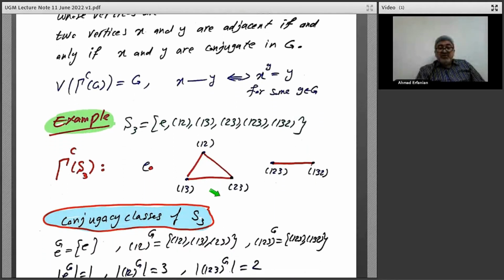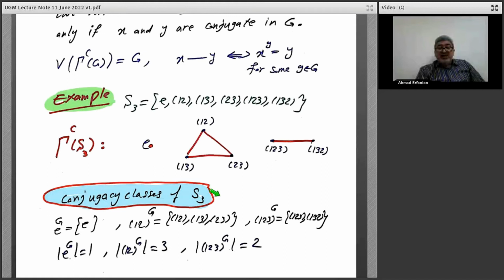Two elements X and Y are adjacent if and only if there exists an element g in G such that X to the g is Y. X to the g means g inverse X g. So X to the g is Y is equal to saying that X and Y are conjugate. For this reason, we call this graph the conjugate graph. For example,